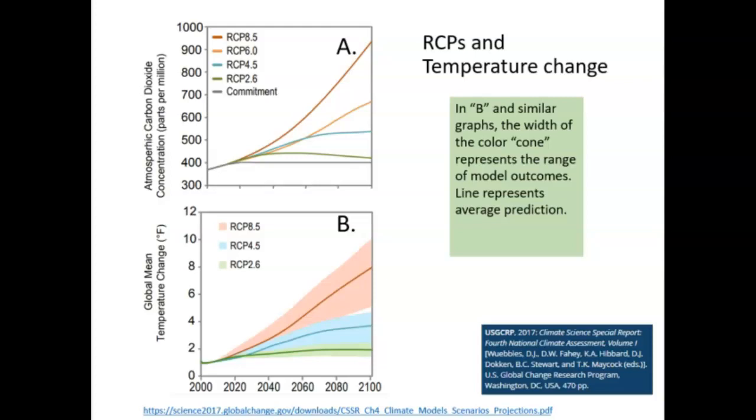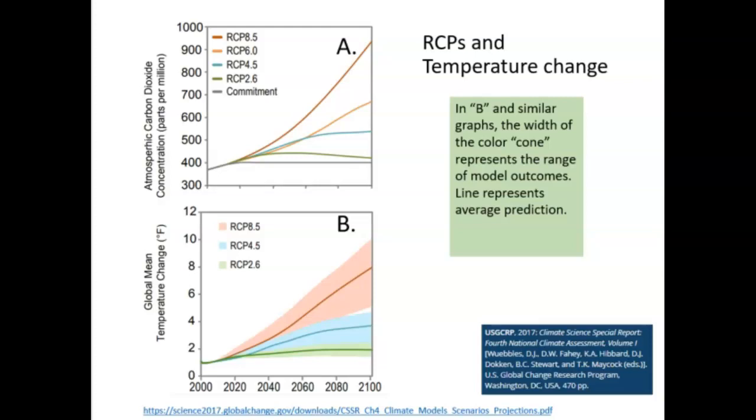First, let's look at RCP 8.5, the pathway known as the business as usual model. If we continue burning fossil fuels as we have been in the last few years, we're projected to see 8 degrees Fahrenheit of warming, or 4.4 degrees Celsius of warming, by the year 2100. Let's hope we don't go there. Most models suggest this would be a catastrophic level of disruption to the biosphere.